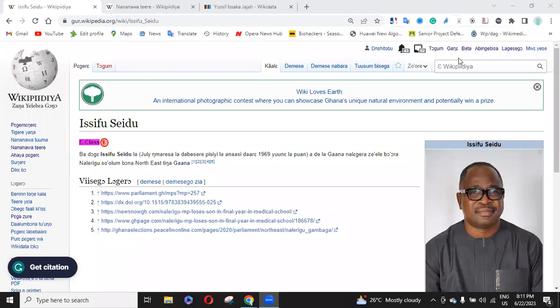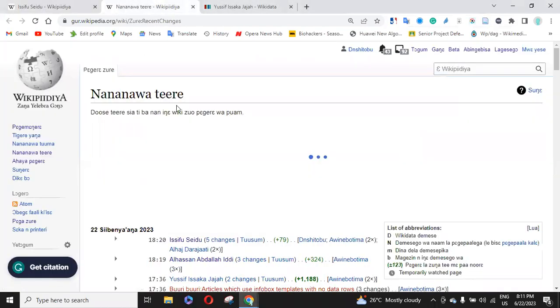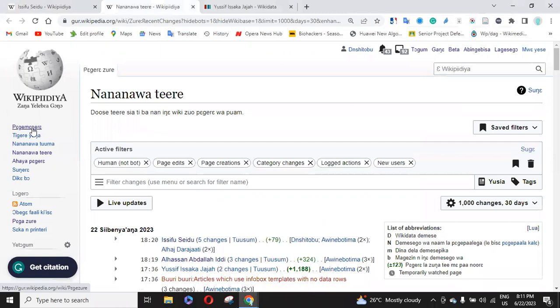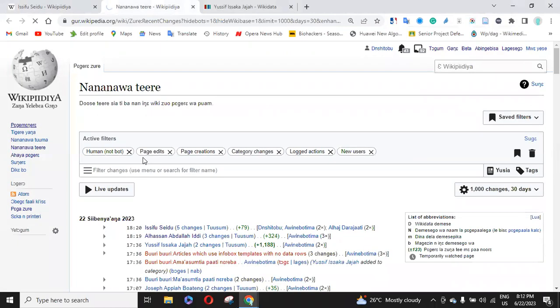The homepage is the most important part of any website because that is the first place people see when they visit your website. In the case of our Wikipedia platforms, they also serve as the most important places that our people get to see when they visit. So with the Gurene Wikipedia, Pegermengre, if you open our Pegermengre, that is the homepage, you find that